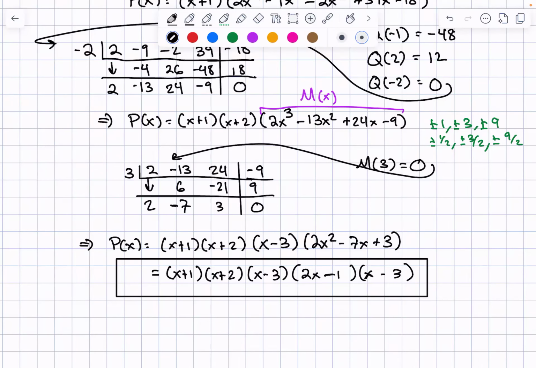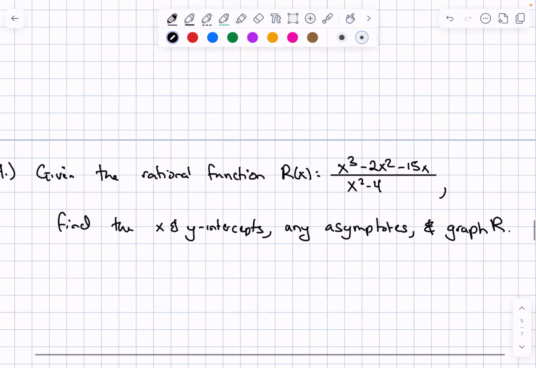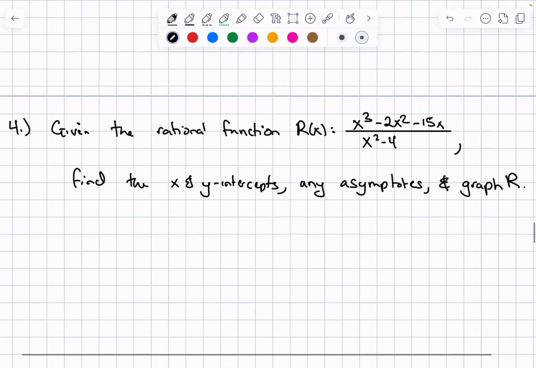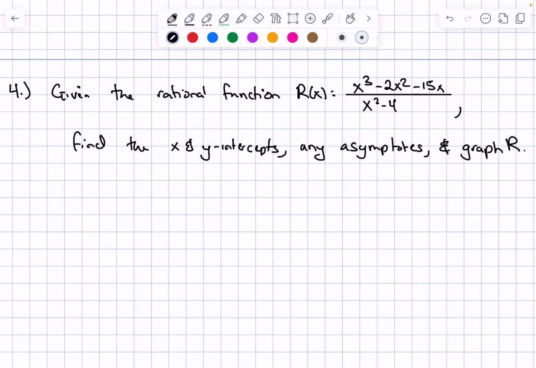And so now we'll move on to the next one, which is about 2.5 material. So it's given the rational function r of x is equal to x cubed minus 2x squared minus 15x over x squared minus 4. Find the x-intercepts, y-intercepts, and any asymptotes, and then graph the function. So first and foremost, what I always like to do with these ones is write it in its unfactored form,